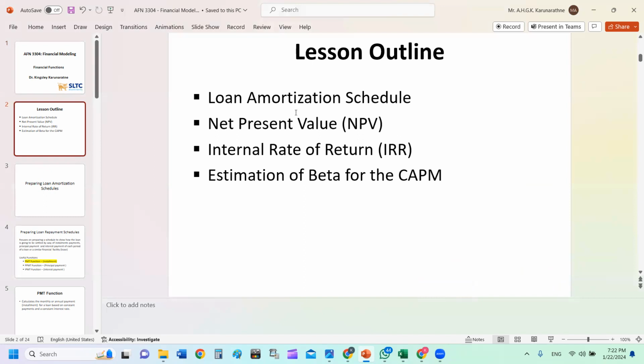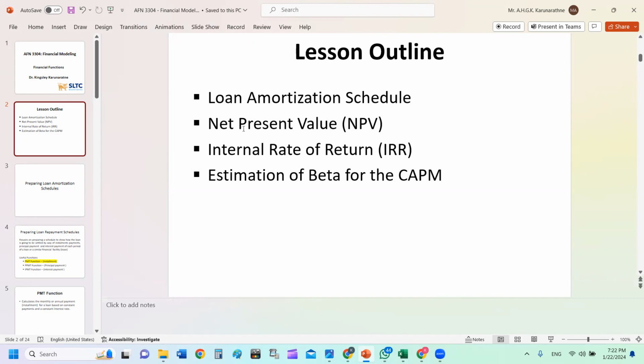So these are the main topics, key areas we are going to discuss. How to prepare loan amortization schedule. We have already discussed what is meant by loan amortization under advanced financial accounting, right? SLFRS 16 leasing arrangement, we prepared a loan amortization schedule. So here we are going to discuss how to prepare loan amortization schedule using Excel